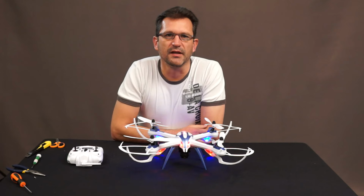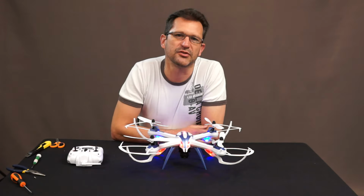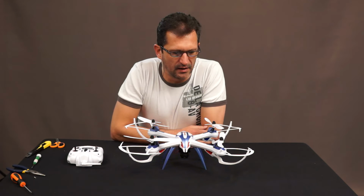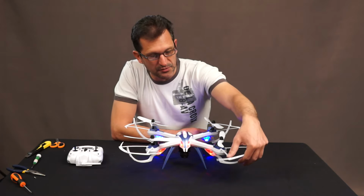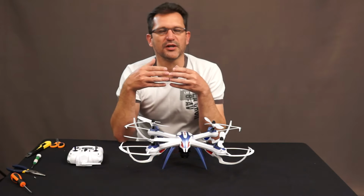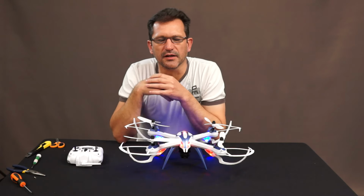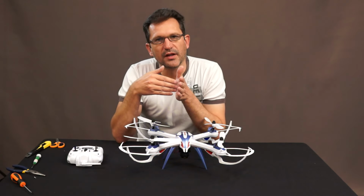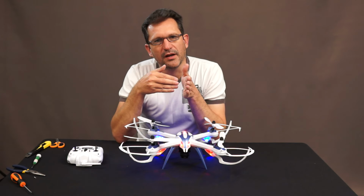Alright, we're back with the Tarantula X6, and what I want to demonstrate today quickly is running in your motors. Running in a brushless or brushed motor is something you really should do because of the way a brushed motor works. You can look on YouTube or search the internet to find out how brushed motors work, but believe me, the reason you want to run these in is the way the brush is designed,